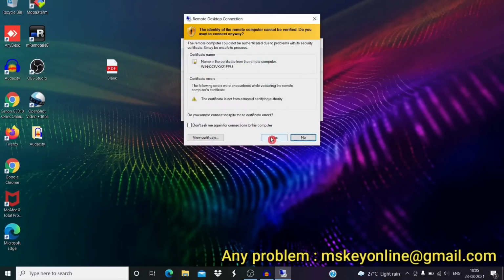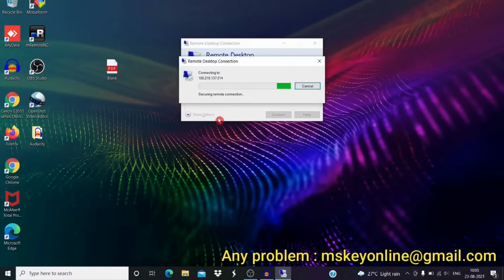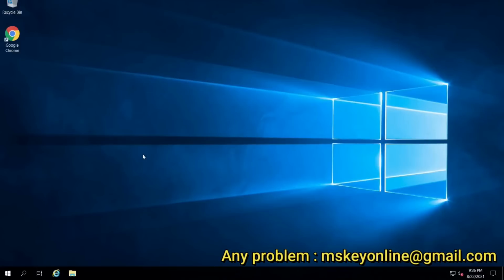Confirm the security by clicking on yes, and let's wait for loading the Windows server remotely. Okay, once we logged into the Windows server,